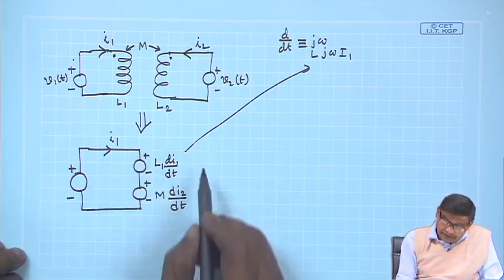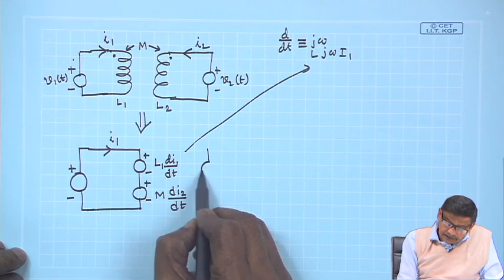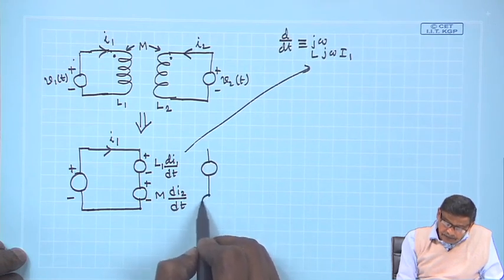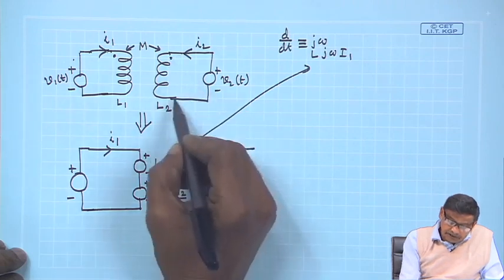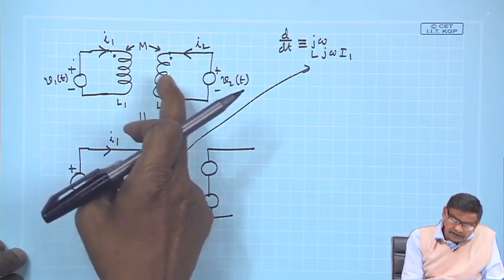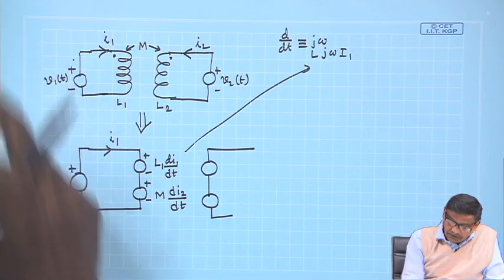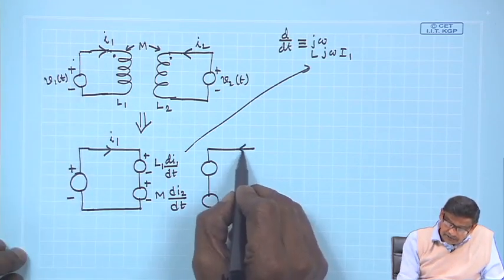Polarity is like this. Similarly, for the second coil, there will be 2 sources, because between these 2 points self inductance exists and it has a coupling with the first coil. So far as I 2